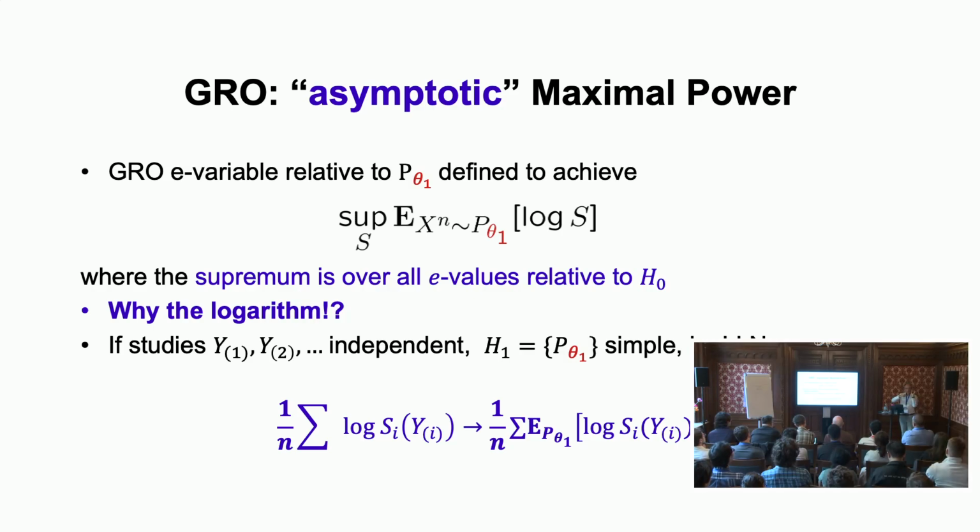Right? So optimizing for the logarithm basically means that under the alternative, you want your e-value to grow exponentially, and you want the exponent in this exponential growth to be maximal. And that's what you get if you optimize for the logarithm. I said a while ago, like in this casino game, we want to do proportional betting. If you think the probability of red is 3/4, we want to put 3/4 on red. Not everything, because then we might bet the farm. And this 3/4 is exactly what you get if you optimize for the logarithm. So it maximizes your growth in the long run because of the law of large numbers.